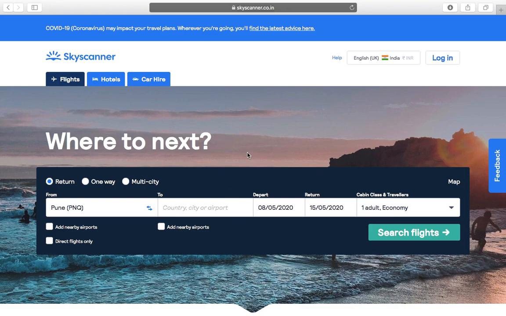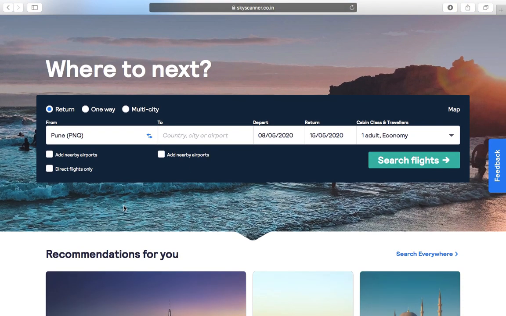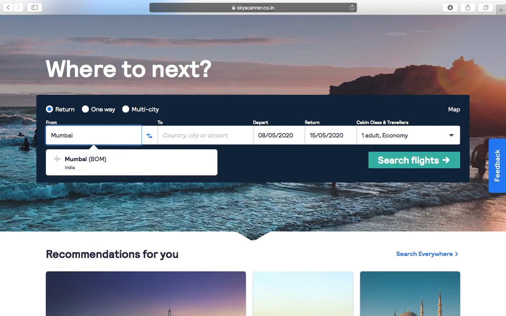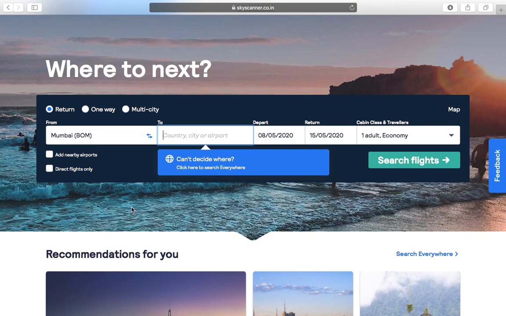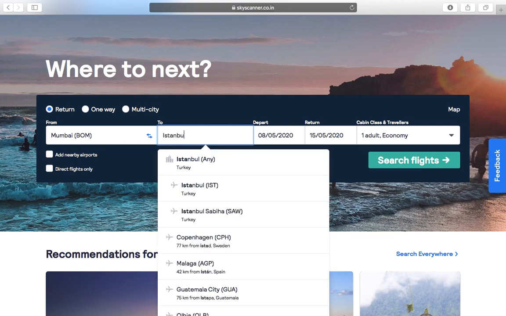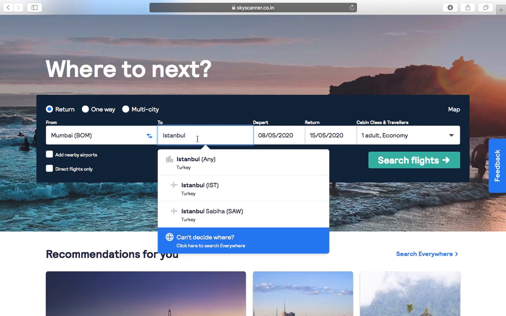Next, the default window that you see is directly to search a flight from somewhere to somewhere. Because I'm based in Mumbai, I'm going to put Mumbai in here. And where would you like to fly to? Let's say we plan to fly to Turkey. We need to decide which city we are going to. We can't just put a country's name, we need to put a city's name. Turkey being a country, I'm just going to put down Istanbul, because that's where normally everyone lands when they